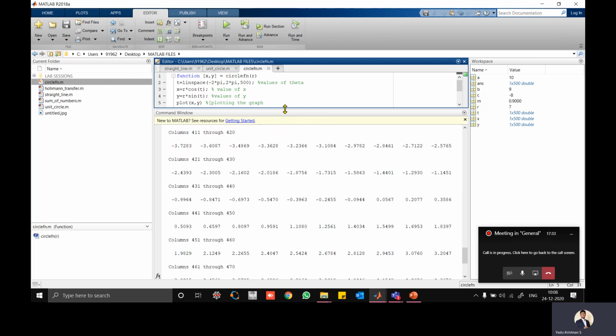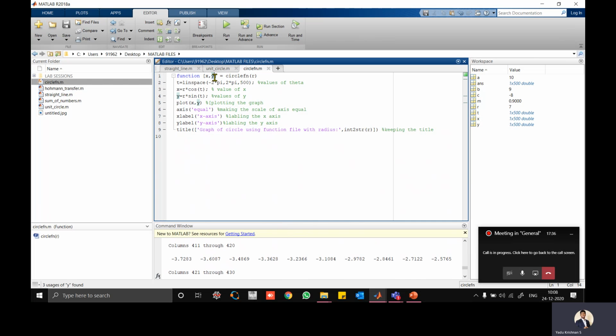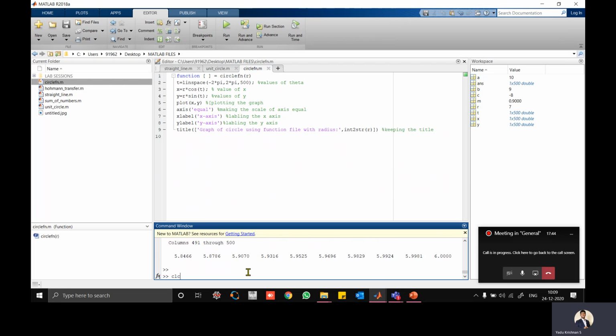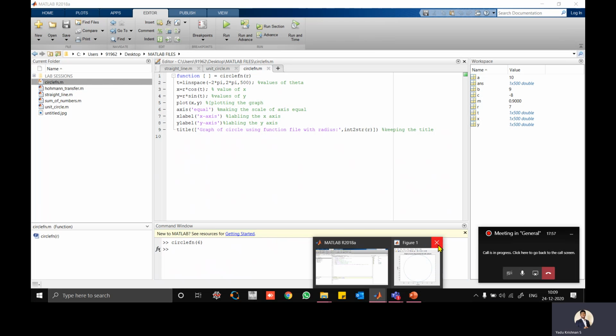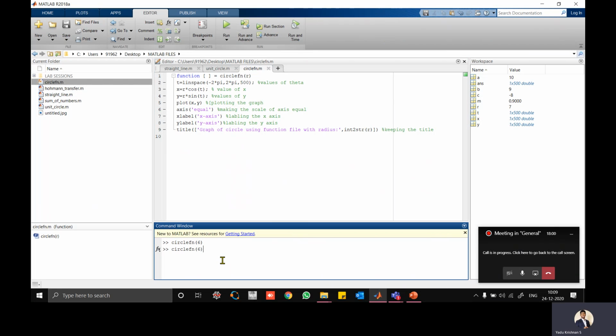So if you don't give an output argument, what happens? Let's take that: not giving any output argument, saving this file, coming back and calling the function circle function of 6. I'll try another value, 7.